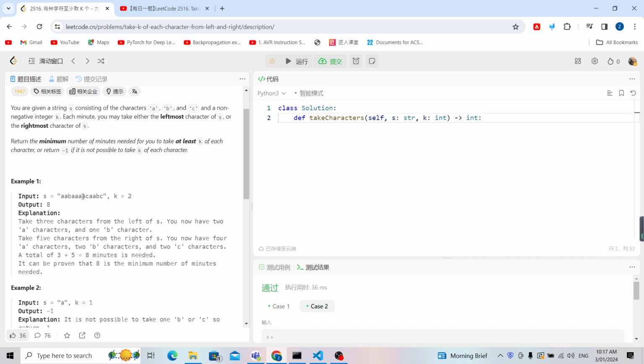So in this way, let's take 5 characters from the right side. Let me just copy the string and take the 8 characters. So we can take 3 from the left and 5 from the right. This also means we can take some characters in the middle. If we can take some characters in the middle, it will be easier to use the sliding window to solve